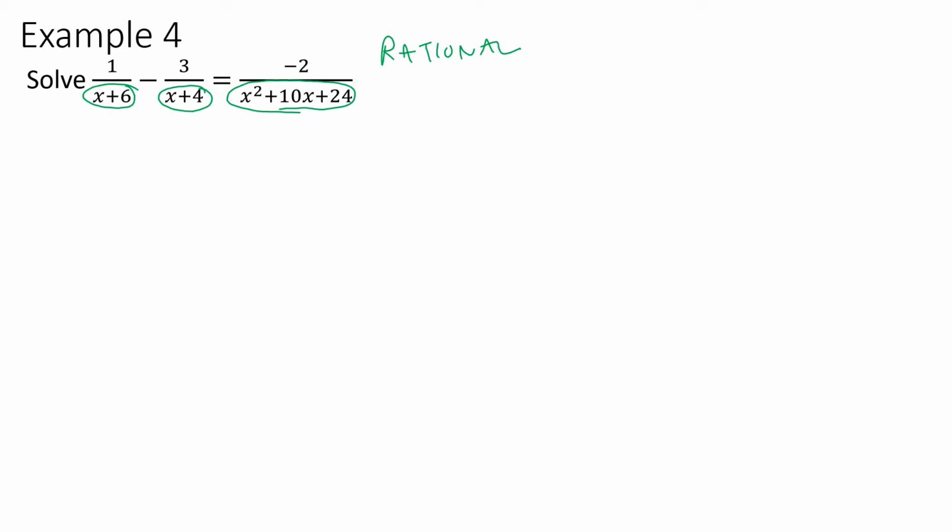So on the left I have 1 divided by the quantity x plus 6 minus 3 divided by the quantity x plus 4, and on the right in the denominator I'm looking for two numbers that multiply to 24 and add to 10. Well, that's positive 6 and positive 4. So on the right hand side I have negative 2 divided by the quantities x plus 6 times the quantity x plus 4. So I'm going to clear fractions,